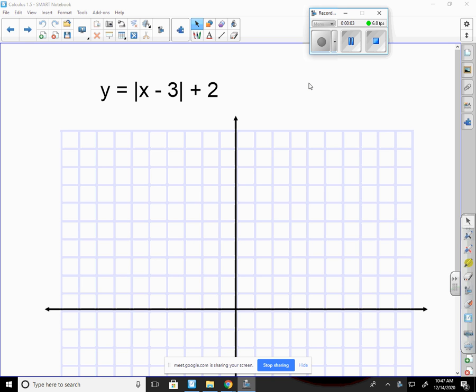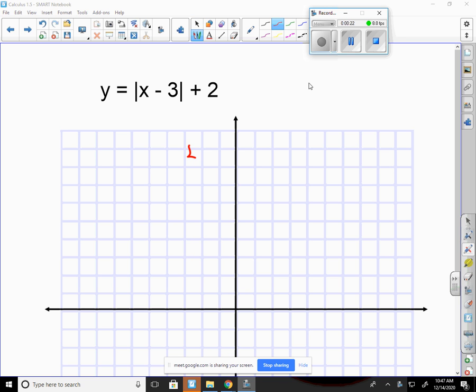Okay, today we're going to pick up where we left off looking at shifts of graphs. The first one that we have here is the absolute value function. We have the absolute value of x minus 3 plus 2. So first, if we describe this transformation,